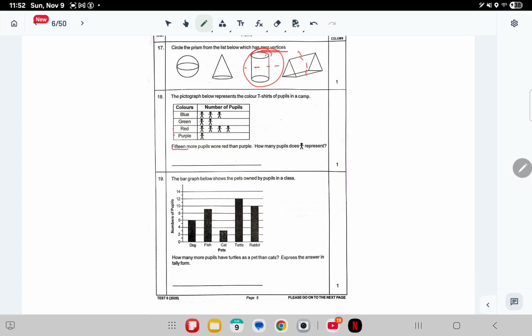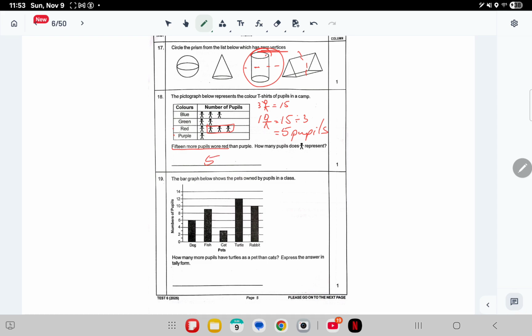They said 15 more wore red, so that means this 3 extra graphics here will represent 15. So one of this graphic here would be 15 divided by 3. To find for one, we divide. To find for many, we multiply. So in this case, we find them for one, so we divide. So each one of that graphics there will represent